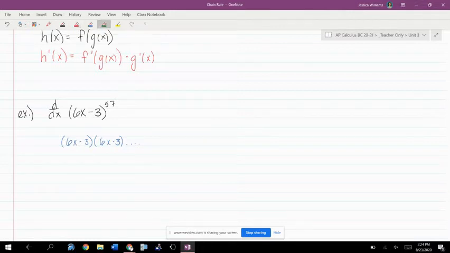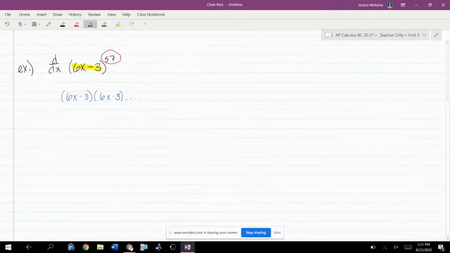The hardest part about chain rule is deciding what your outside function is, what your inside function is, etc. So this is our inside function, and it's being raised to the 57th power. So your outside function is this 57 power business. So if I'm going to start with that for taking my derivative, if my outside function is being raised to the 57, then the first derivative rule I'm going to do would be the power rule, where I pull the